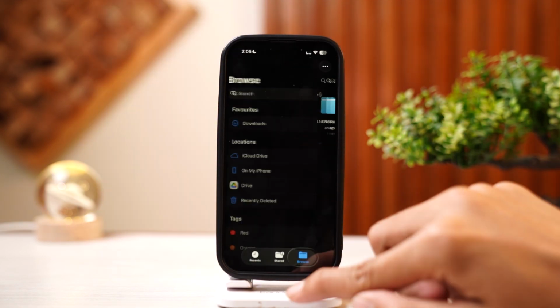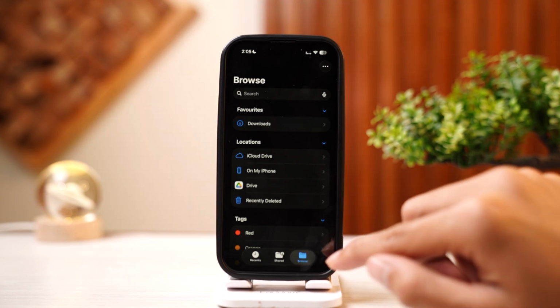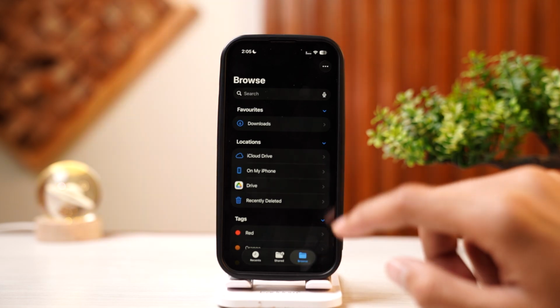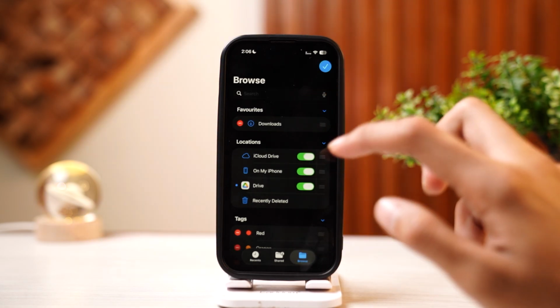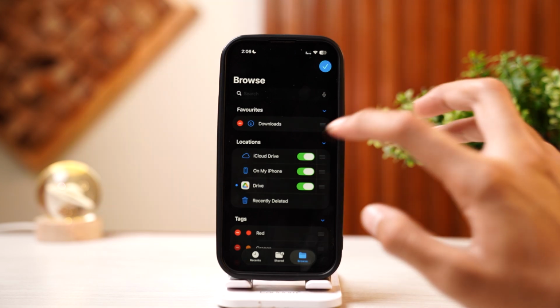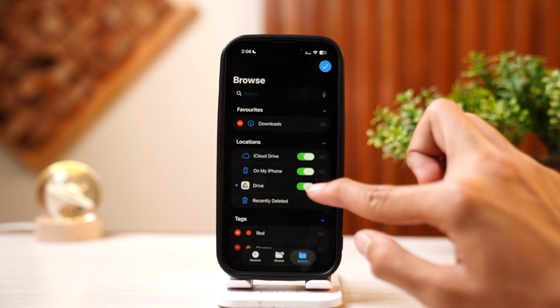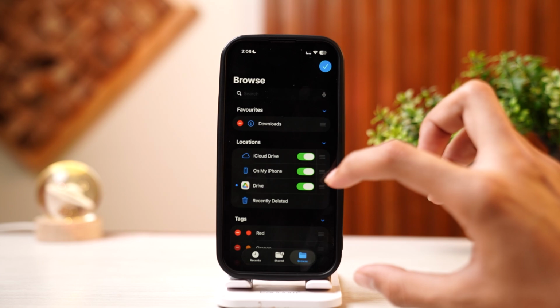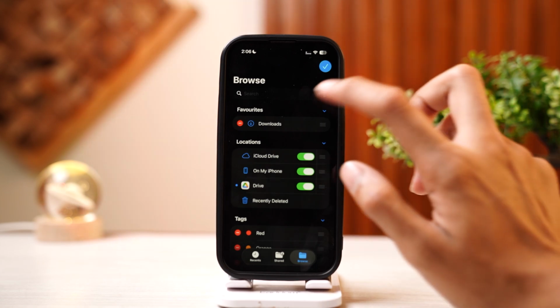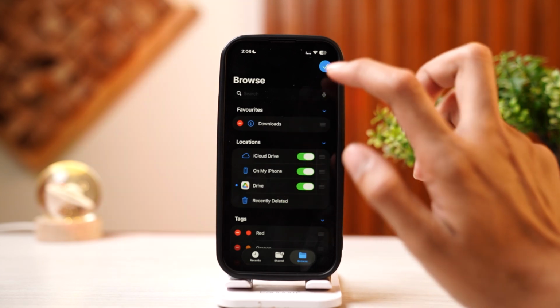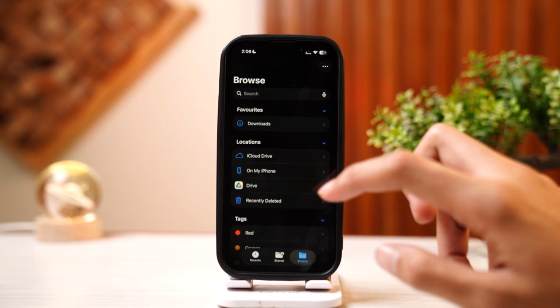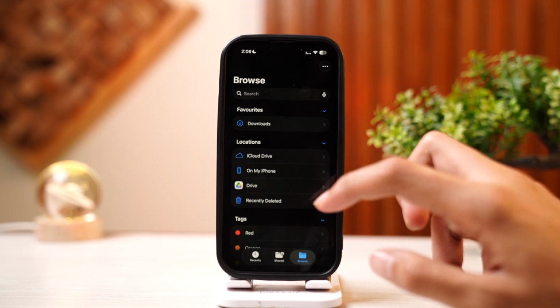to go to your Browse, that is right here, and then tap on Edit, and you need to toggle the switch for Google Drive to on and ensure the Google Drive app is installed and signed in. And then after toggling on Google Drive, tap on this tick sign, and after that you need